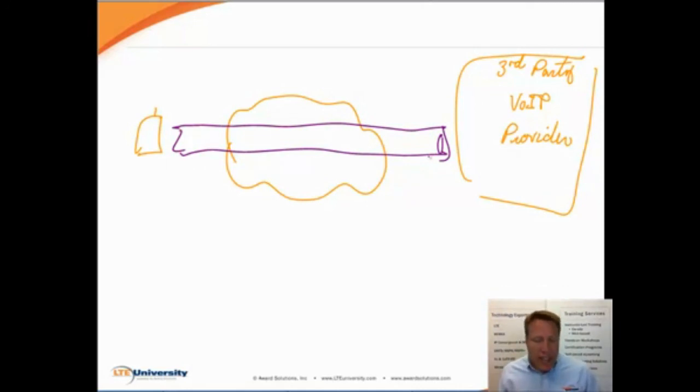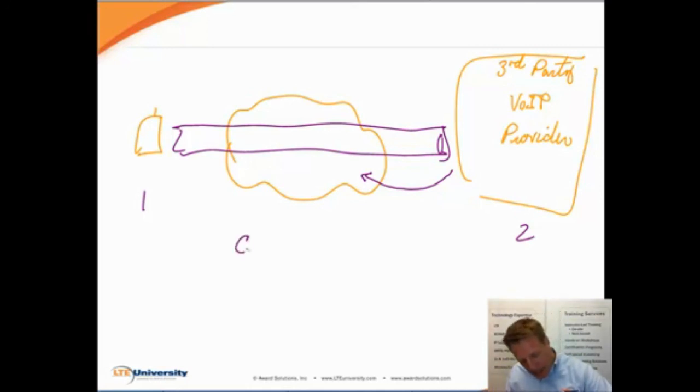Okay, unless something specific is done so that the VoIP provider somehow communicates to the cellular provider that this is a voice over IP call, it's real-time sensitive, we can give a little bit on reliability, but delay's got to be low. Unless we can communicate that somehow to the cellular provider, the two endpoints can agree that this is a VoIP call and here are the quality of service requirements, but unless everybody in the middle understands the requirements of that session, it doesn't matter what the endpoints agree.